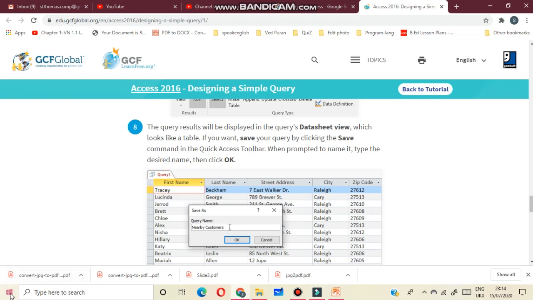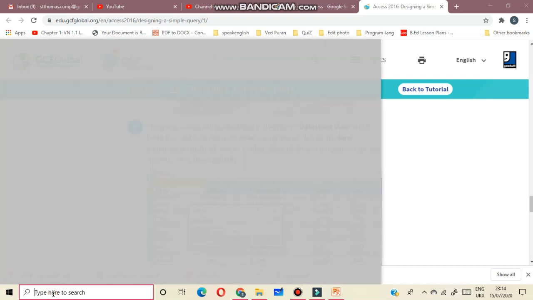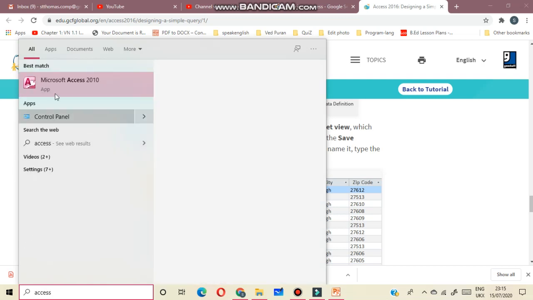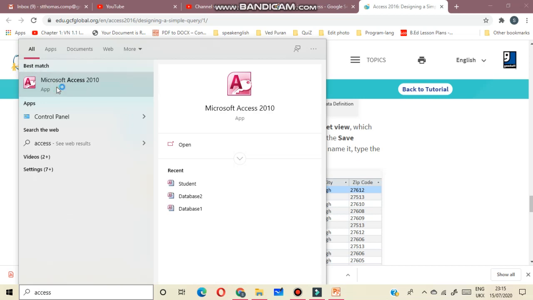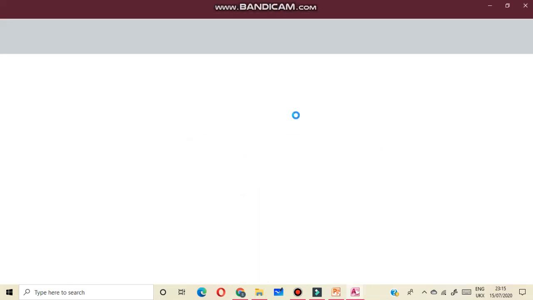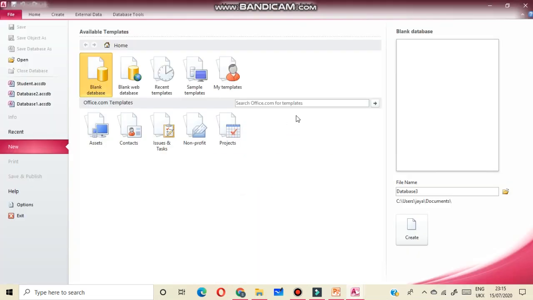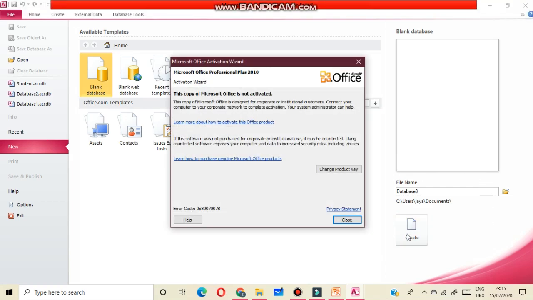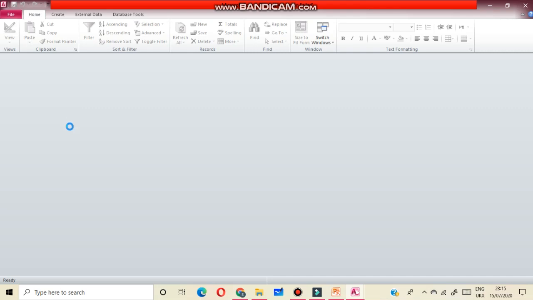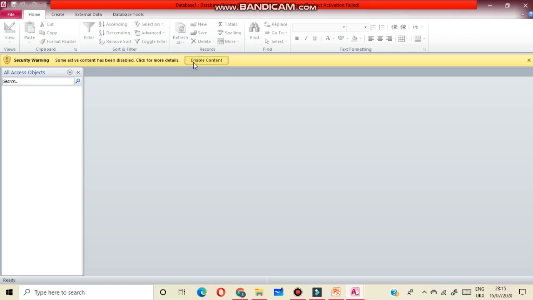Here you can see first what I will do, open Access, MS Access, or you can write here Access. Okay, here you can see I have taken student database 1, enable content.